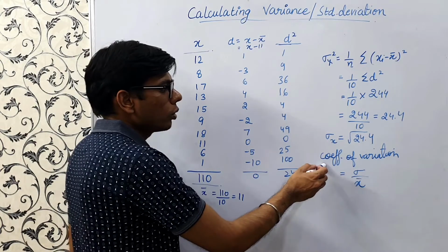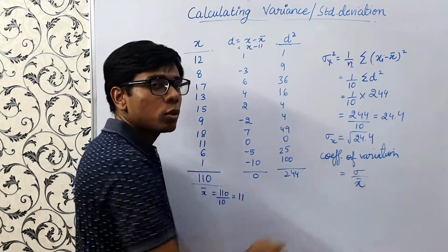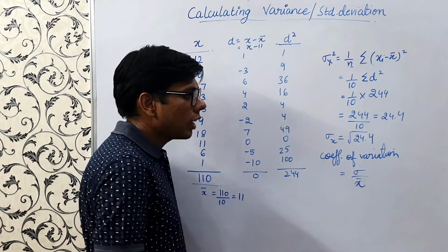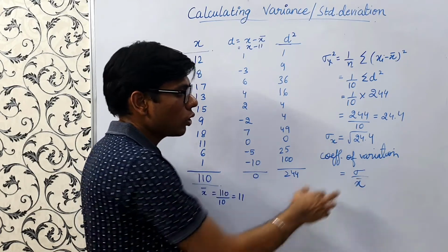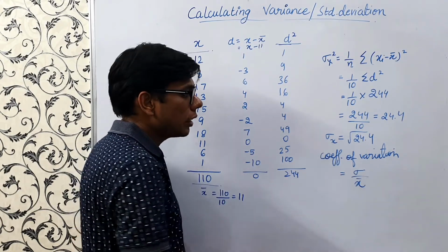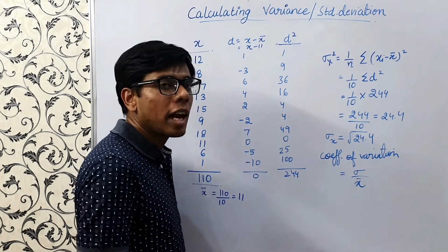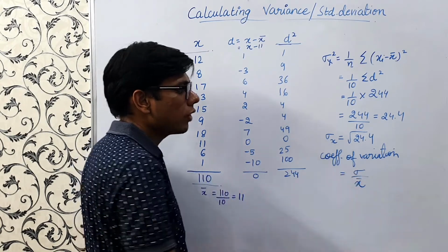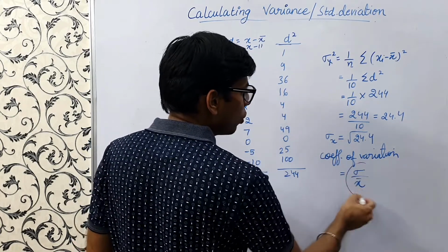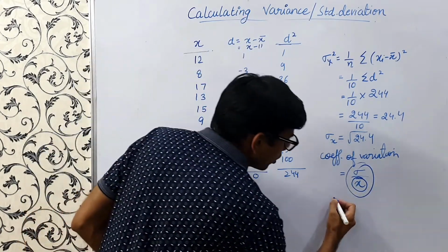I would like to introduce the coefficient of variation here, which is nothing but sigma upon x bar. It helps us decide which data set is more consistent. If the standard deviation is high, the coefficient of variation would tend to be higher, so our data would be less consistent because the data is too scattered because of the high standard deviation. Similarly, if our standard deviation is low, that data will be more consistent. We are dividing by x bar, so it's a measure relative to the mean.